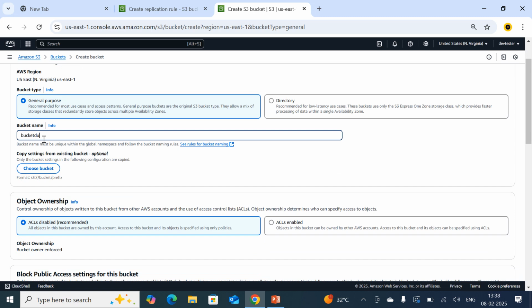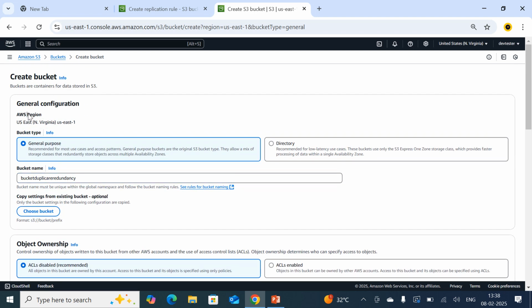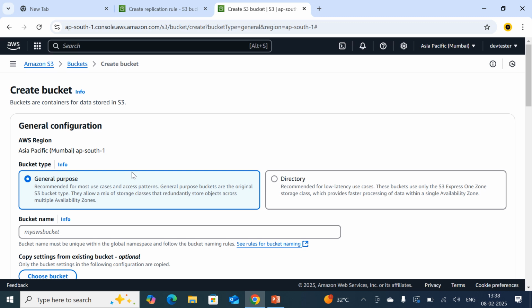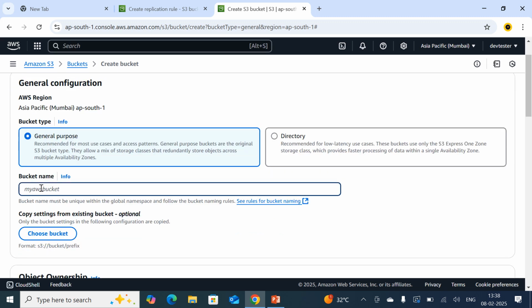Bucket duplicate redundancy. Okay, so where it is going to be created, first of all I need to change. I'm going to create it in the Mumbai region. So in the Mumbai region I'm going to create the bucket.